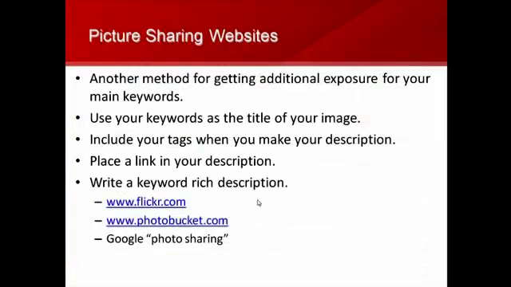Photobucket goes along the same lines: title your image your core keyword phrase, just like with the other photo sharing website. So just go to Google and type in photo sharing to find